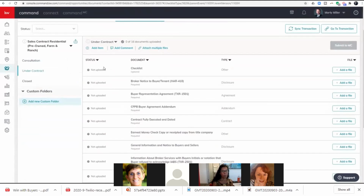You have a status column, which basically says, what's the status of any file that you have uploaded? Obviously nothing's been uploaded yet. You've got the document title, and then whether it's optional, required, or conditionally required. Next, you've got the type, so you can see the type of disclosure. And then finally, you've got the add a file button. Tomorrow, we're going to work on adding files and showing you how to do that. But for today, I just wanted to show you what the checklist folders look like and what the checklists themselves